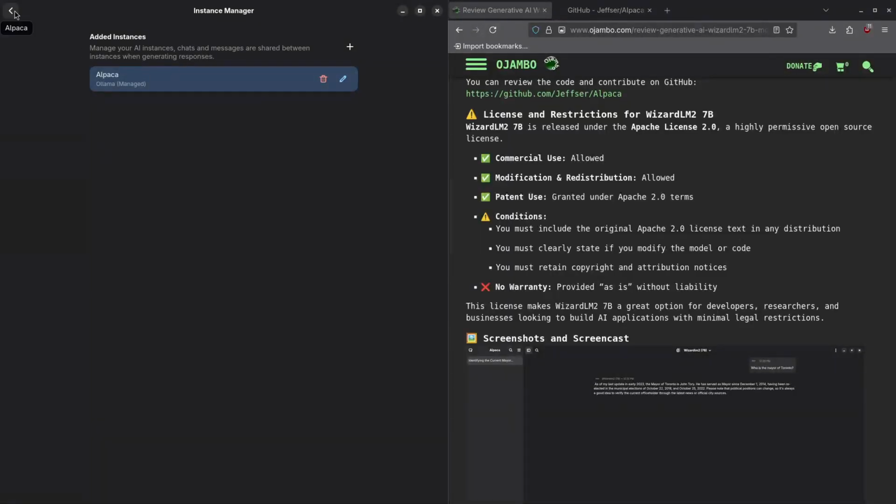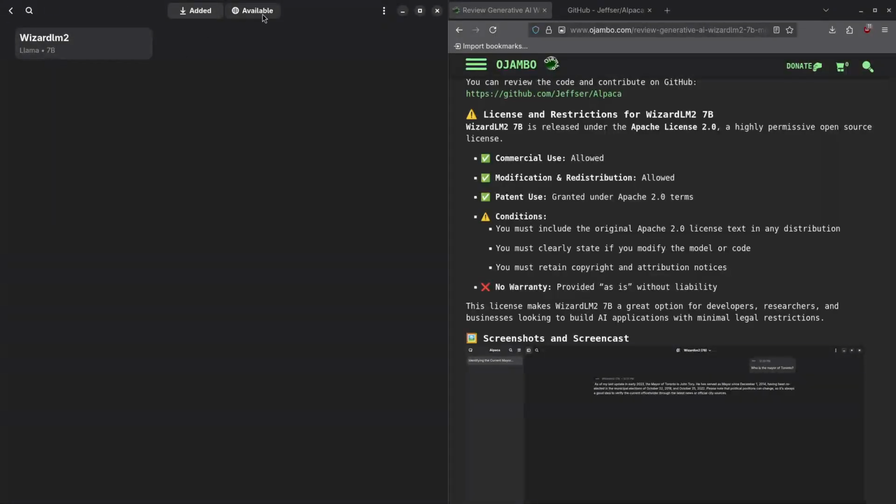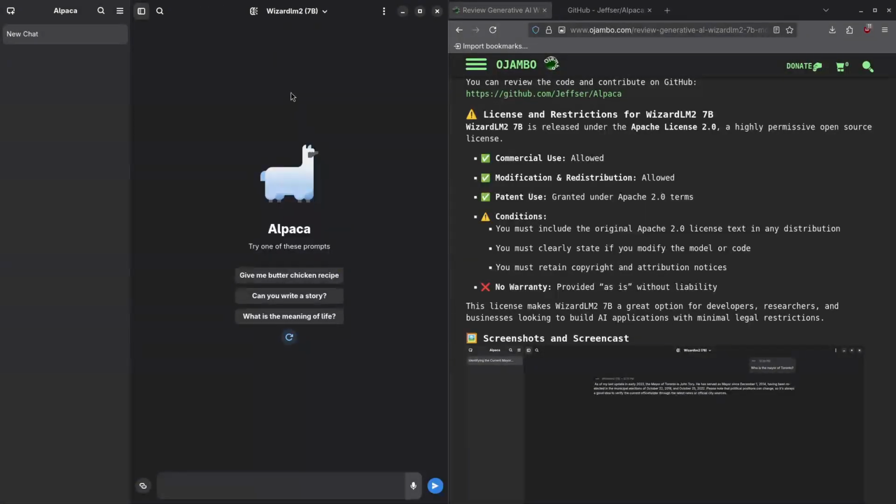Okay, so what you do is go back to the menu. You see manage models. Under manage models, you can go to available, and then you can pick whatever model you want. You can install multiple models, so you can have multiple models at the same time. So what I do is